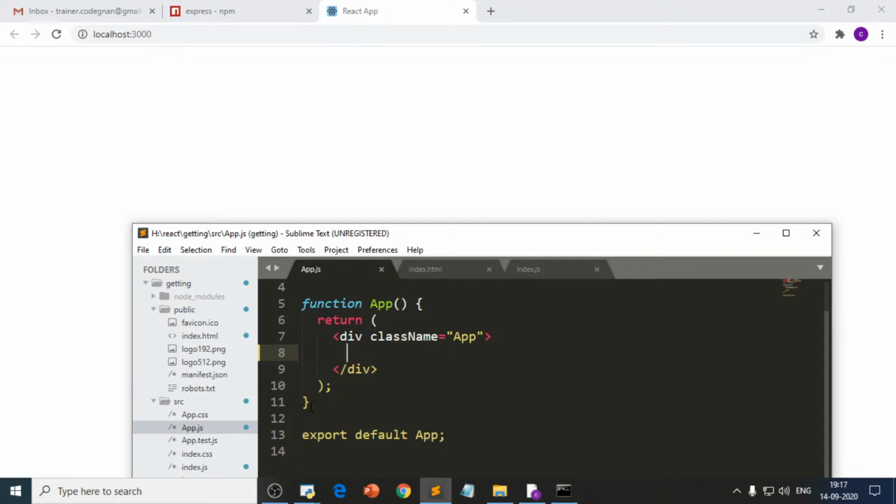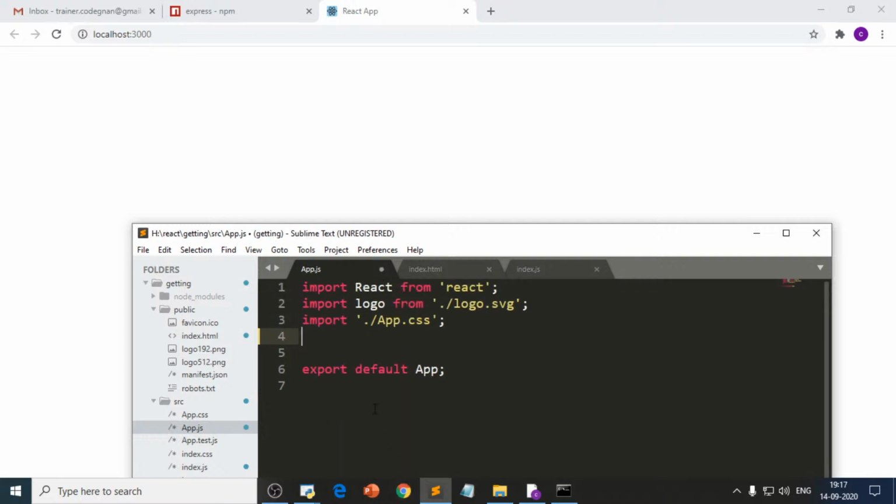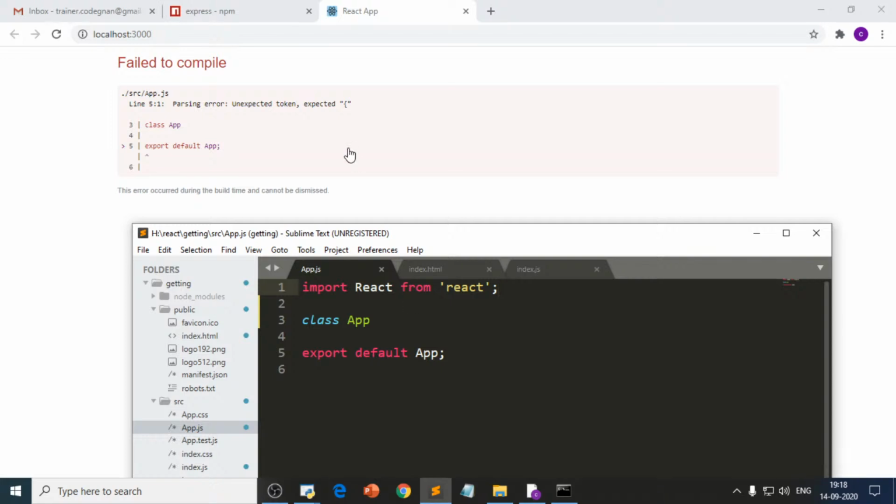That's why. If you want to create a class component, I will tell you. I'm going to delete my function completely. For that you need to use the keyword called class and you need to name your class. And I'm going to name my class App. Whatever name you gave, you need to export that particular name. It is showing some errors because I just gave class App. I am not doing anything else. That's why class App extends